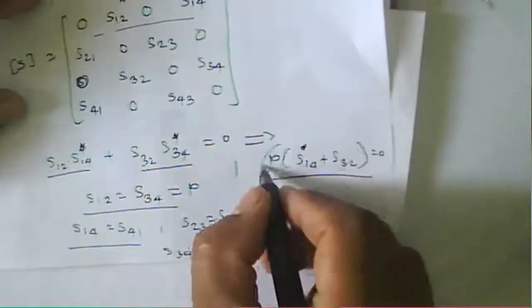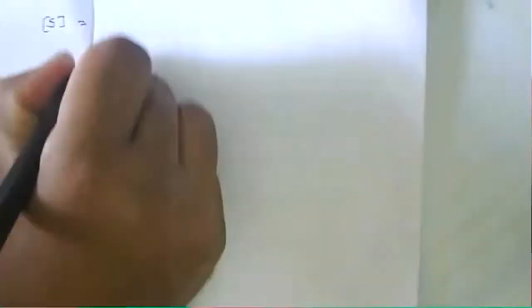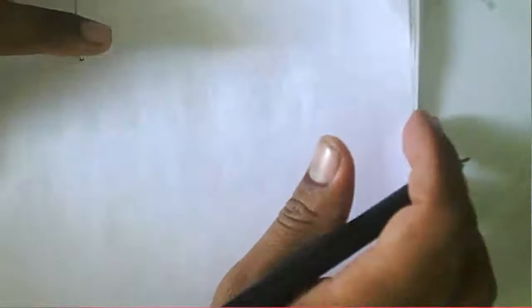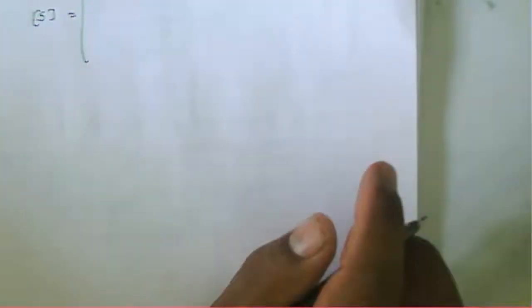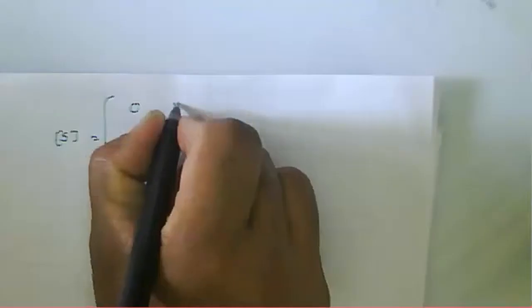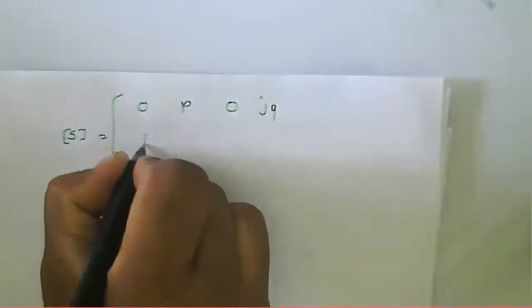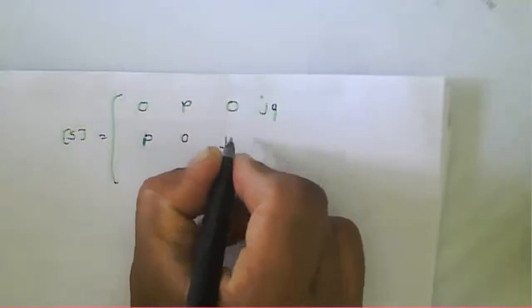So then this becomes a P. Okay, so we can consider this particular equation and solve it. We will get that the S matrix becomes, alternate components become imaginary, or we can say about the real one. So we can consider the matrix again: 0, P, 0, jQ; P, 0, jQ, 0;